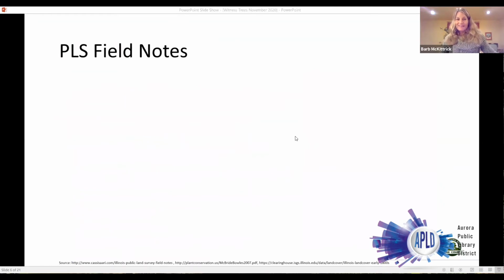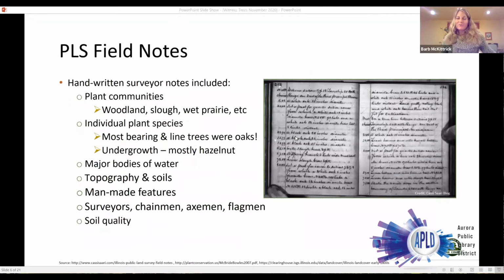In the field notes that I mentioned in their journals, they're fascinating in some ways. They're handwritten, of course, because these men, and they were all men at that time, were out there with a paper journal and a little stub of a pencil, and they were recording their notes about the plant communities. So again, they were mainly in prairie and some woodlands, but also